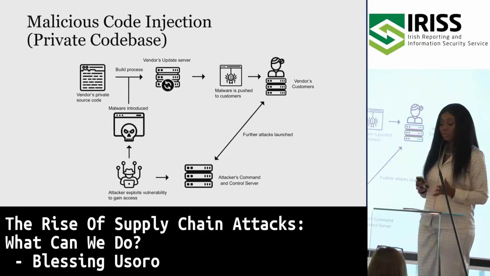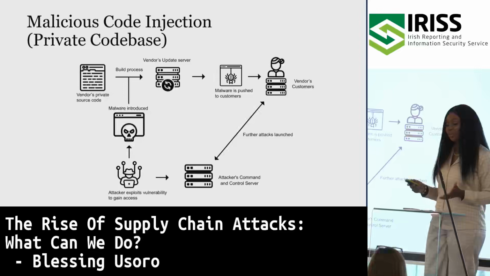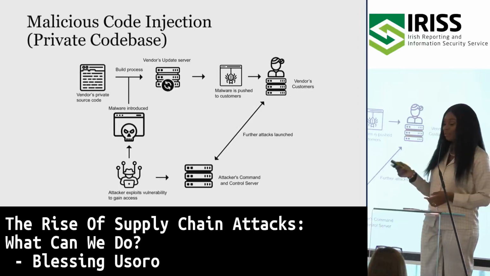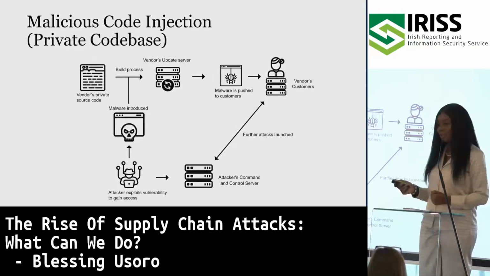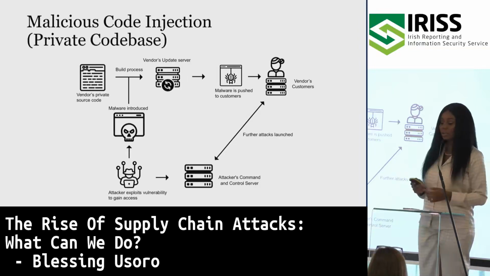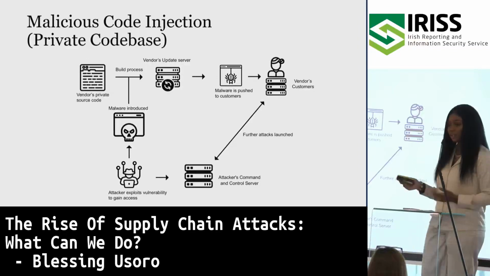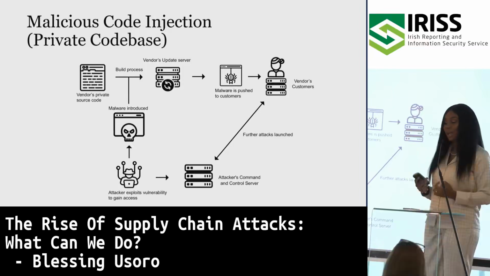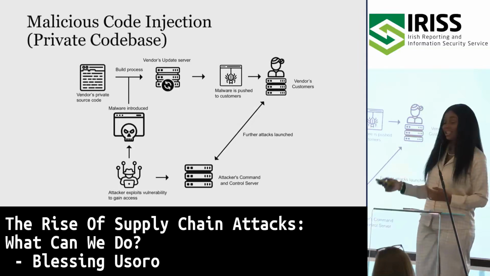So during the build process, the legitimate code and the malicious code are then automated into the update server, thereby pushing malware to multiple customers. Think of trying to update one application on 100 or 1,000 endpoints. Think of the damage that could cause. So you as a customer get this update or patch, as we call it, from your vendor, your trusted supplier, and you then update the server. When you update your server, you're indirectly